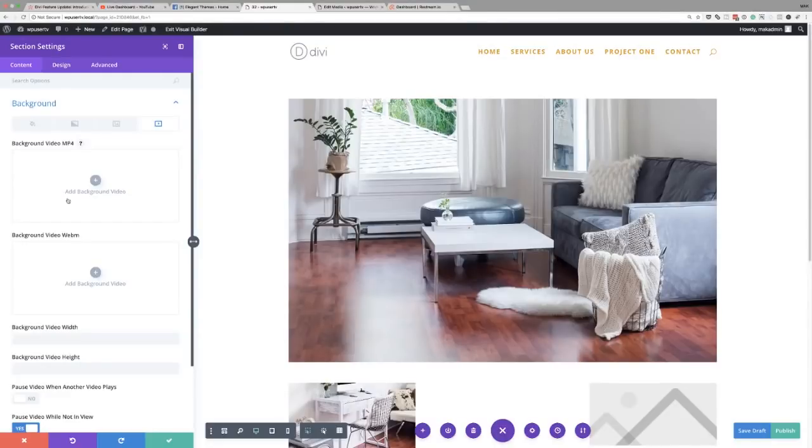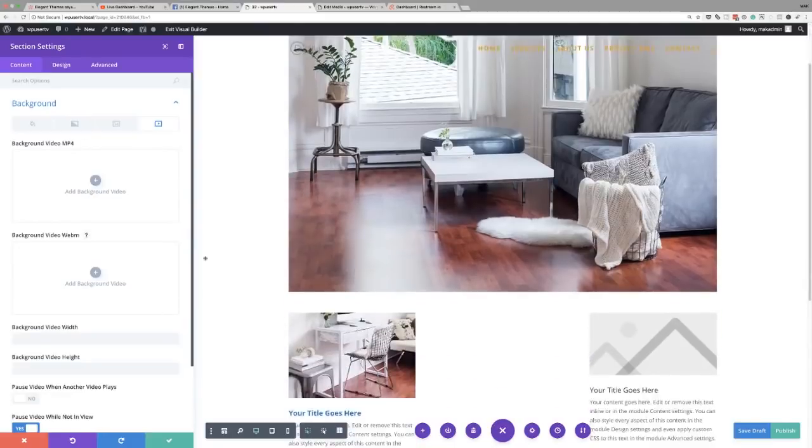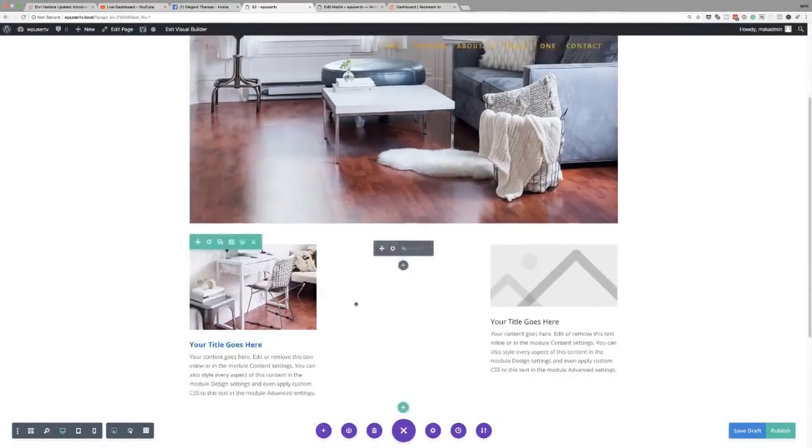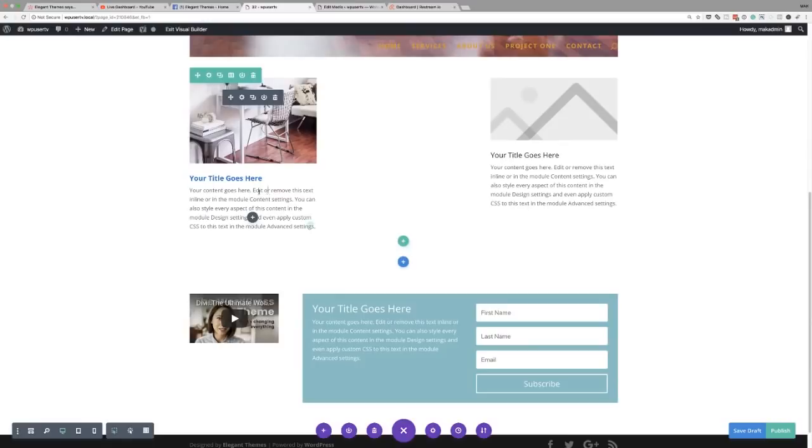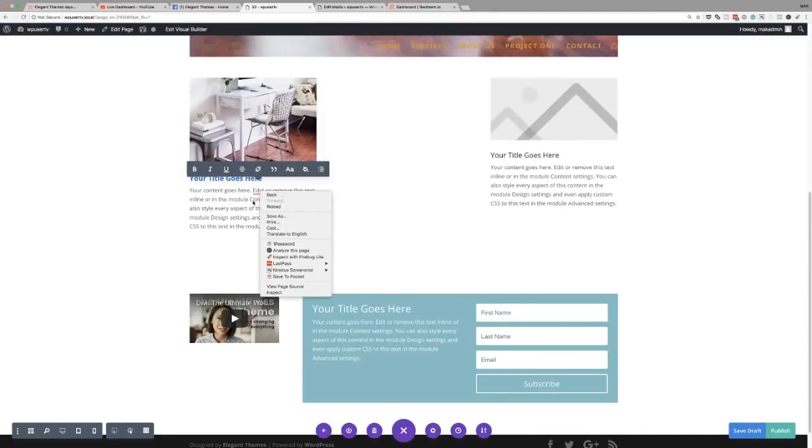Okay, so the final thing we're going to talk about now is the inline spell check. Let me come over here. So let's say you want to edit something here, inline, like that. I'm just going to add a wrong spelling, and you can see now that we get that underline straight away. So that's your inline spell checker, okay? So you can always right click and add in the right